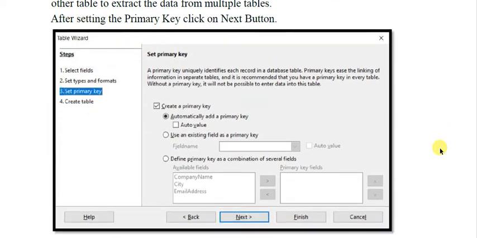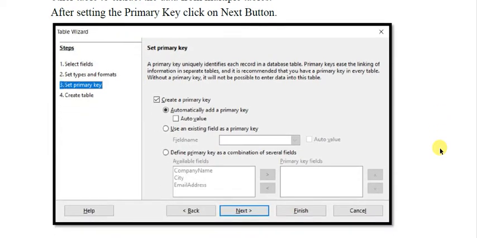So here you have the options. You can have an auto field added to your database by this base. It will have automatic values, or you can have any existing field, or the third option is you can define a primary key as a combination of these. Composite primary key. So there are three options.